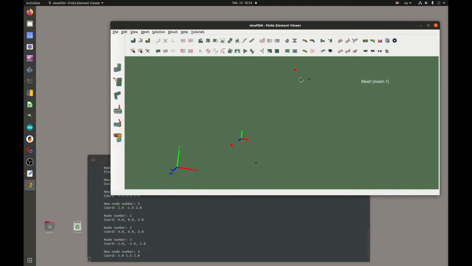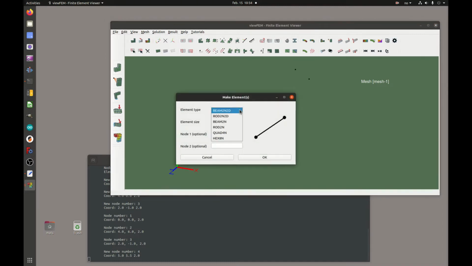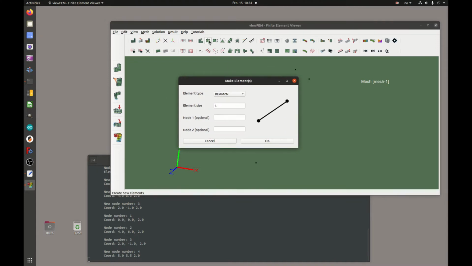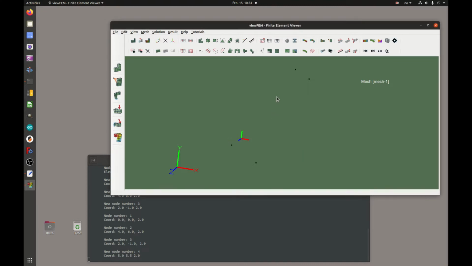And the thing with beam elements is, I can show you. Obviously, if we want to create elements, we can do it up here with this make elements button and just type in manually the node numbers between. But with beam elements, there's a very simple way. It's this button, insert elements. There's also a keyboard shortcut. You just press the I button,